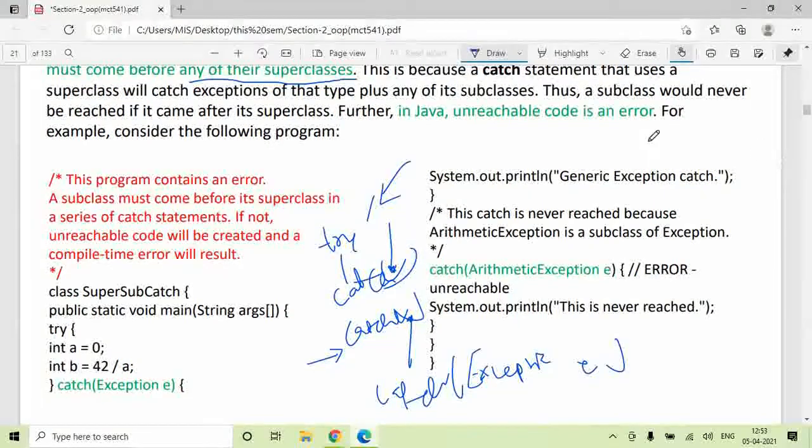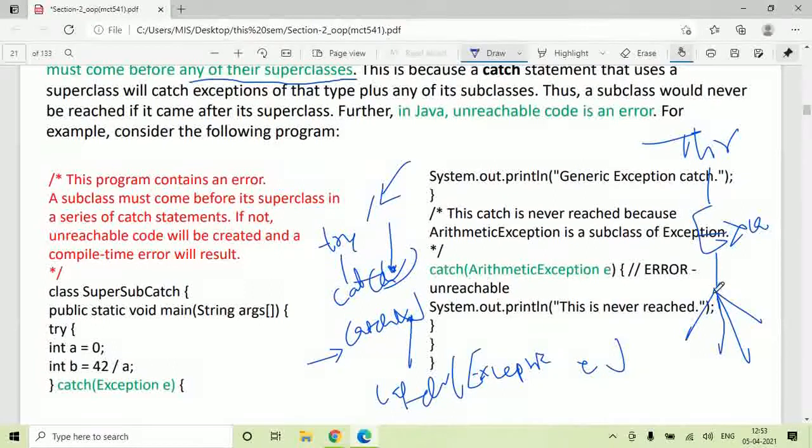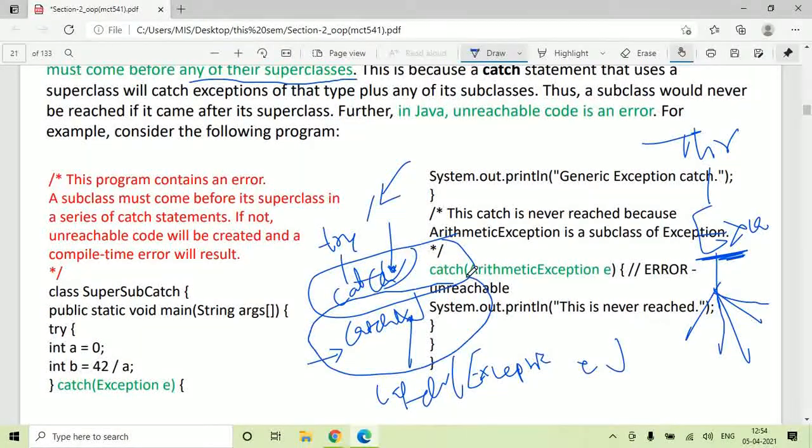So we know that Throwable is the supreme class, Exception is the next child class, and arithmetic exception, runtime exception, all the different kinds of exception classes are derived from this one. When an arithmetic exception is there, this catch block can handle it. When an array index out of bound exception is there, this one can handle it.